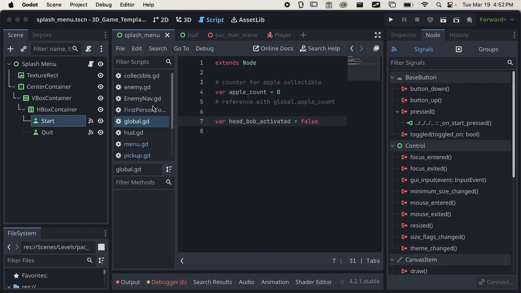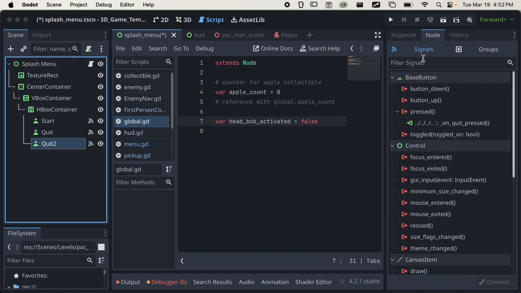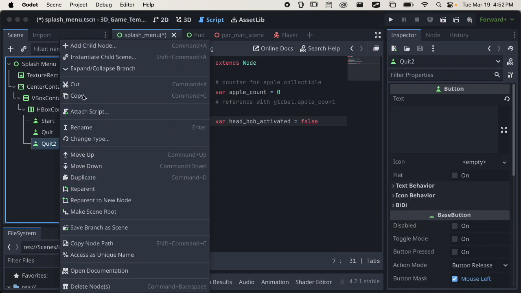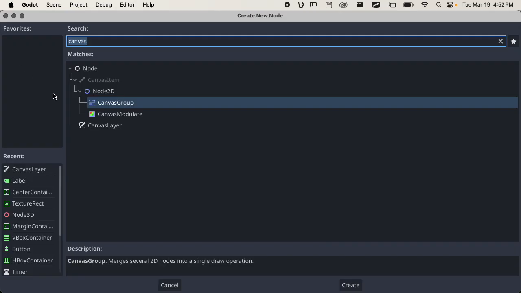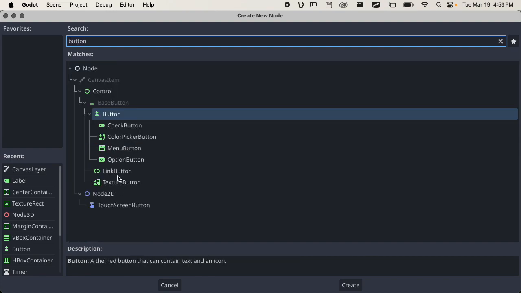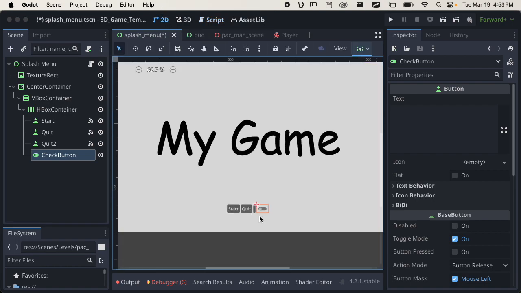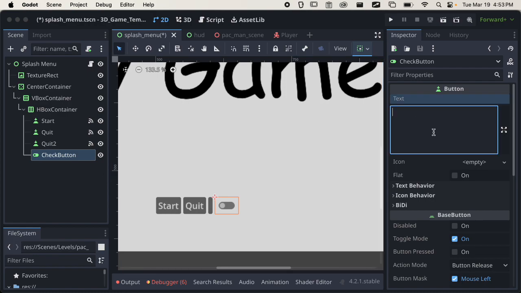And then in your menu, you could have a button. So let's say we had another button. I'll just duplicate the quit button. And you could even do a drop down button, or you could do like a toggle button, or you could design something, whatever. And so you could have a check button,